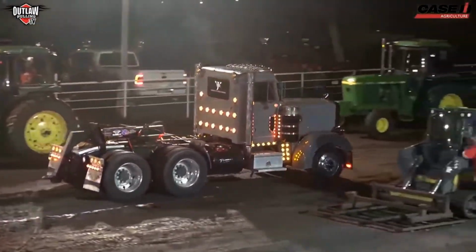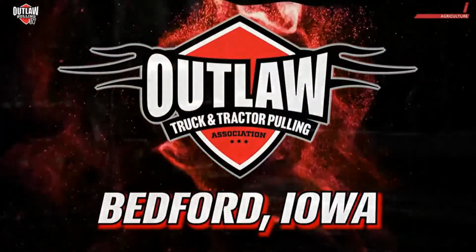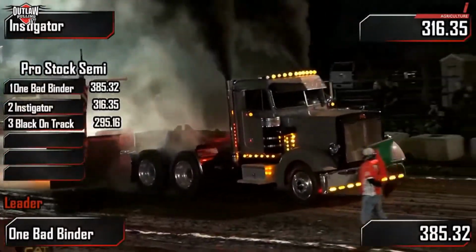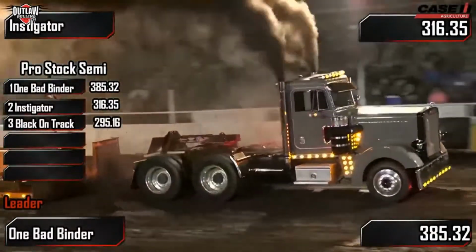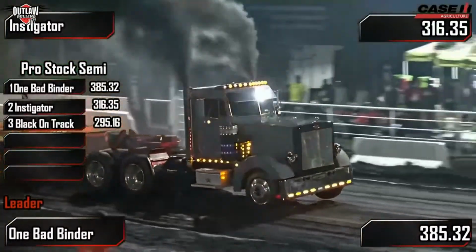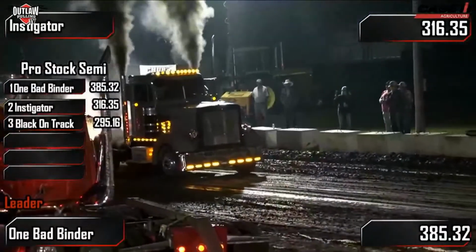Yeah, that starting line is a little soft. Been a little soft all night. Seen a lot of tractors and trucks backpedaling, trying to slow the tires down and let them get hooked up to the track. Sounded to me like Corey grabbed another gear once he lit them up, but he moves into the number 2 spot here with